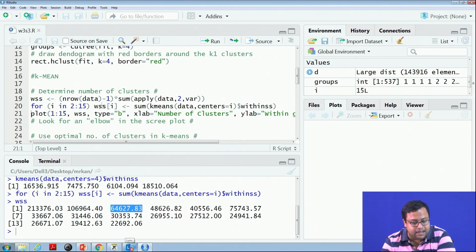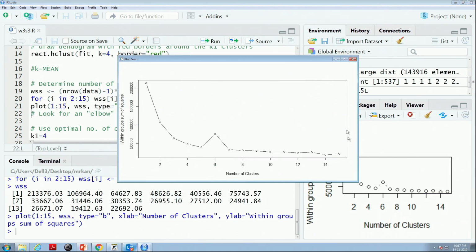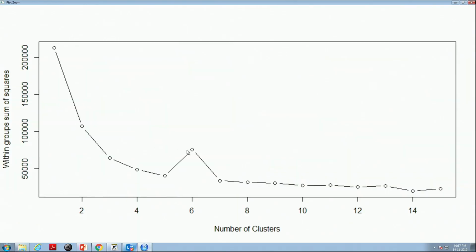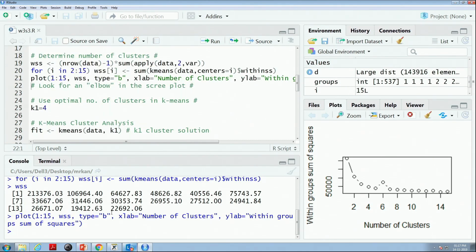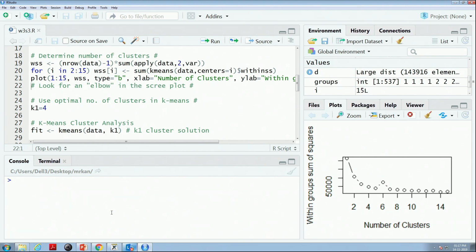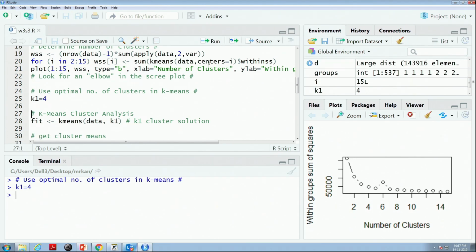Now, I plot it and I want to see how that plot comes down. So, here there is a jump, but I can say that okay, up to 4 or 5, I will take 4 or 3. It is a call, you can decide the number of segments. So, let us say K1 is equal to 4, I decided. So, using this method I decided that I will take K1 as 4. K1 means the number of segments I will take as 4.